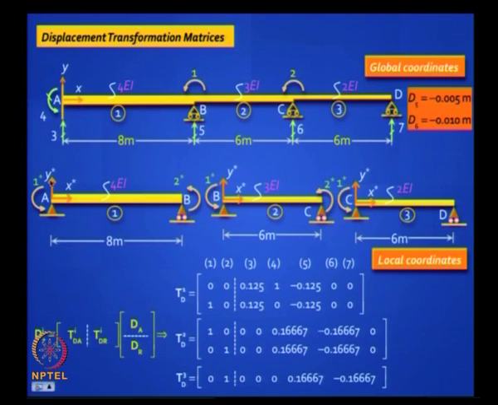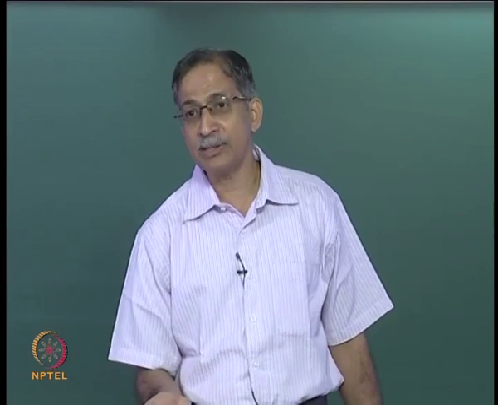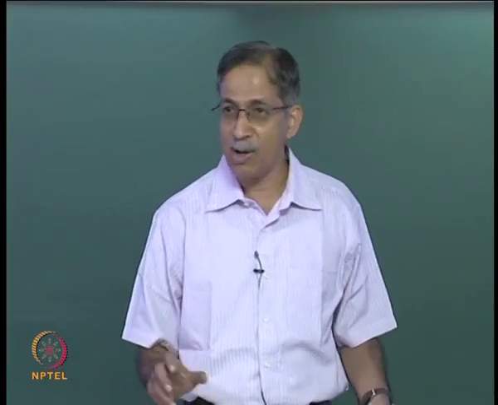Next we apply D3 equal to 1, which means we are lifting up the left end A and restraining all the other coordinates. This will result in a clockwise chord rotation in element 1 alone, of magnitude 1 by 8, which is 0.125. If you have a clockwise chord rotation, you end up with equivalent anti-clockwise positive end rotations, and that's why you write plus 0.125, plus 0.125 for the first element, and you write 0 0 0 for the other elements, and so on and so forth.